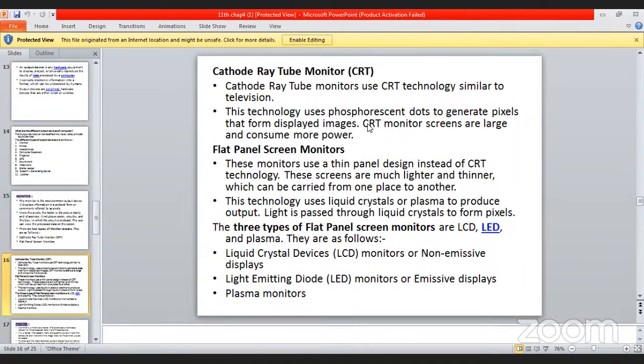Second one is horizontal scan frequency. Horizontal scan frequency means what? A monitor generally works by directing a beam of electrons onto the screen. The phosphorus inside the screen becomes excited and glows, so now we can see the image clearly. So horizontal scan frequency is the number of times